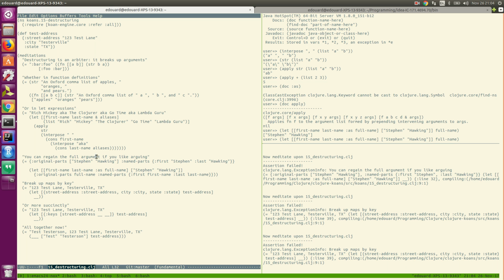Okay, test address is defined at the top of the file. Street address 123 test lane, city is Testerville, state is TX, and we want to get that out. Well, this looks like another apply of string of interpose of comma space and things, doesn't it? Because street address is going to be 123 test lane, city is Testerville, and state is TX. That's not a problem. We can either make it easy for us by just doing